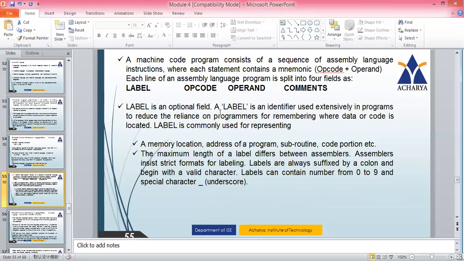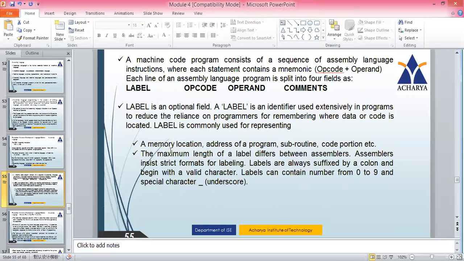A label is an identifier used extensively in programs to reduce the reliance on programmers for remembering where data or code is located. The label will guide where exactly you have to come back, usually used in loops. Label is commonly used for representing a memory location. When you write stop, B stop, that will go to the stop location, pointing to that label, to jump back or jump forward.